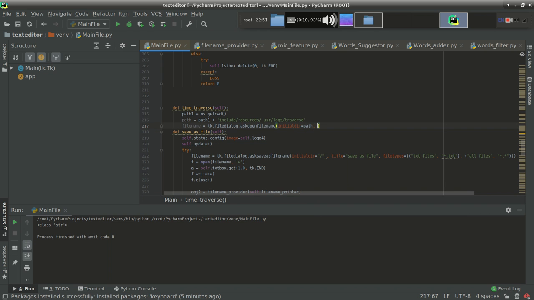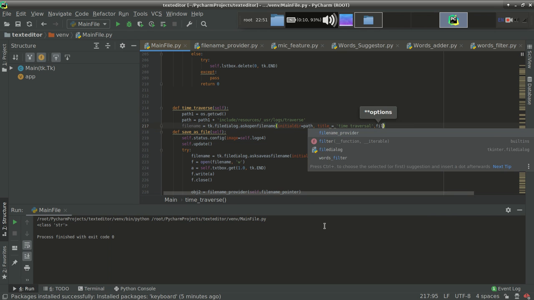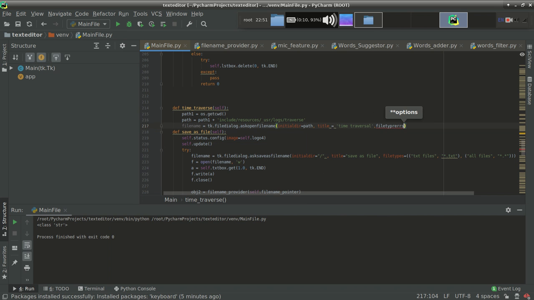Now title will be time traversal. So this is the title, and filetypes will be again text, txt.